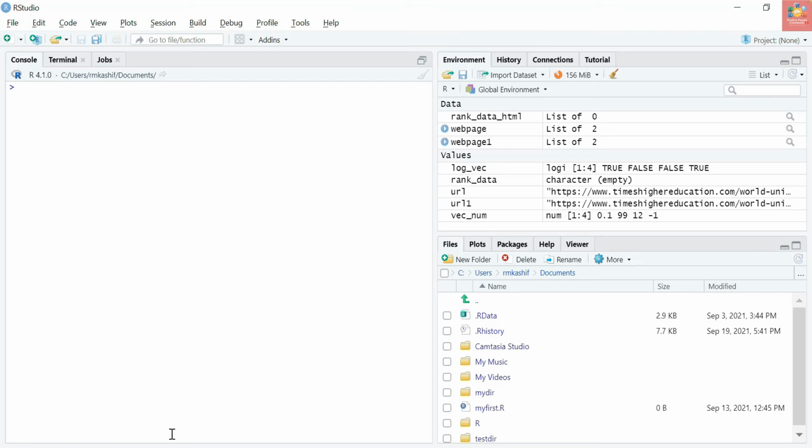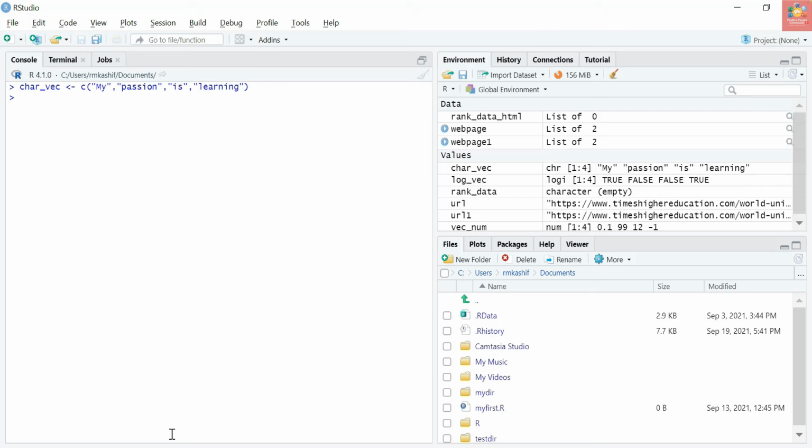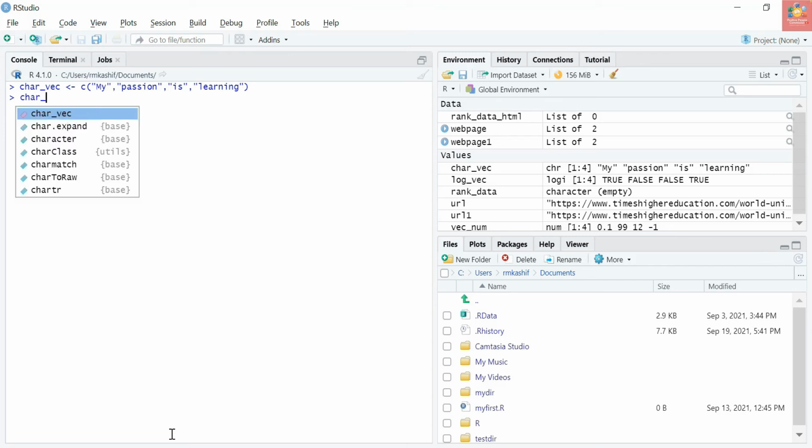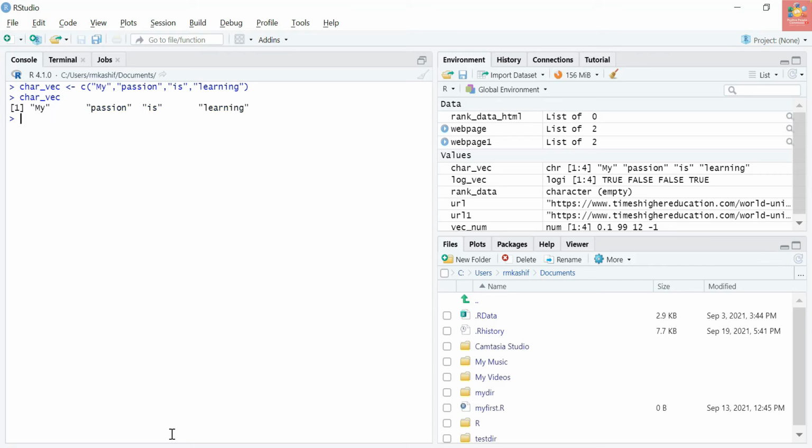For example, create a character vector of length 4. character_vec is equal to my, passion, is, learning. And if I print it, you can see there are double spaces in this line.